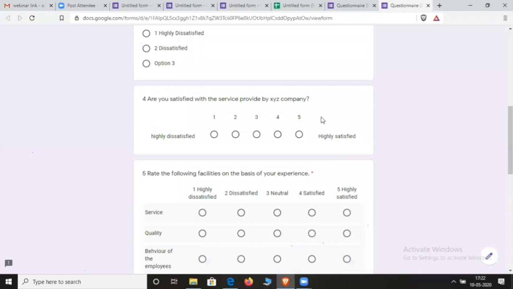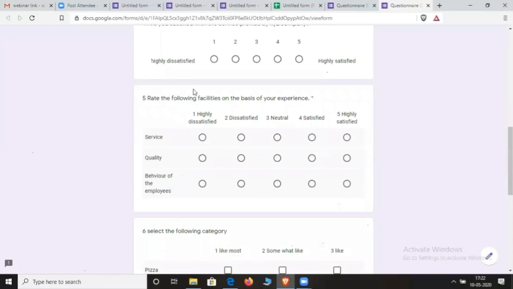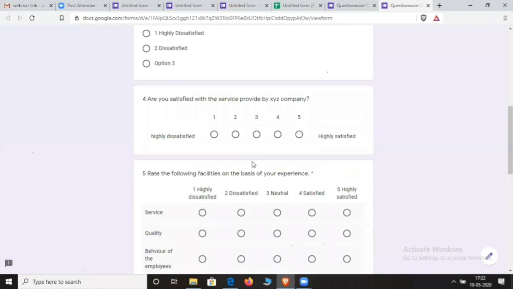If you want to ask a Likert scale question, highly dissatisfied to highly satisfied, there is no need to write number 1 highly dissatisfied, number 2 dissatisfied, number 3 neutral, number 4 satisfied, and number 5 highly satisfied. It is understood from this question, so we can add this option instead of this type of question.